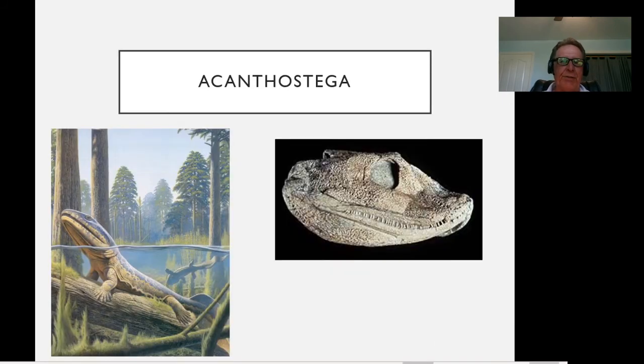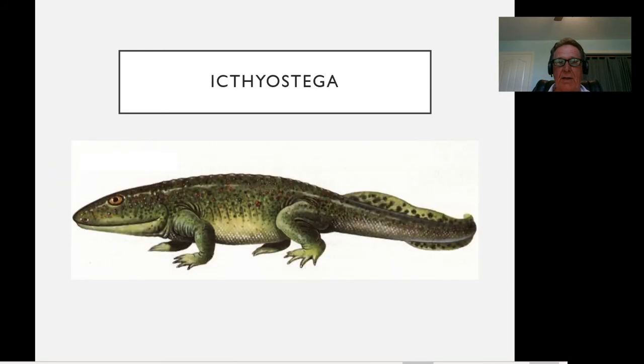Then we get to the first true tetrapod, this Acanthostega. It probably moved easily between aquatic and terrestrial environment. More than likely, the tetrapods, in terms of their reproduction, probably still laid eggs in the aquatic environment. So this was an animal that was happy in both places, both aquatic and terrestrial environment, but it was adapted to live on the land. So Acanthostega go on land.